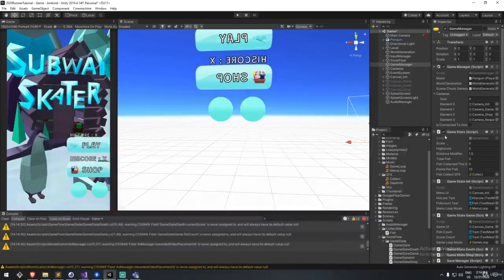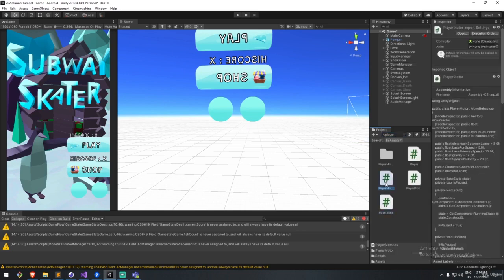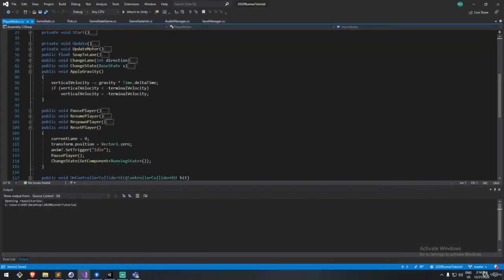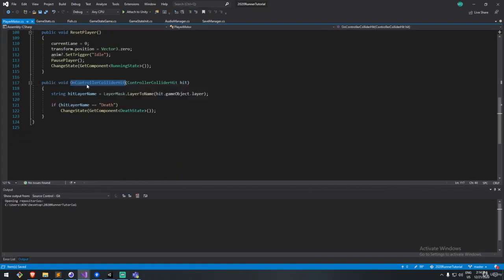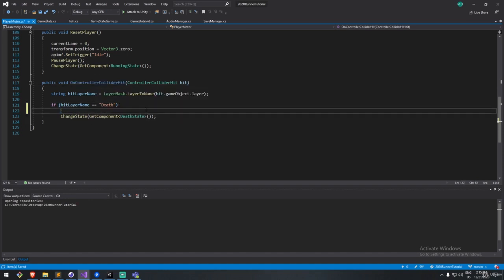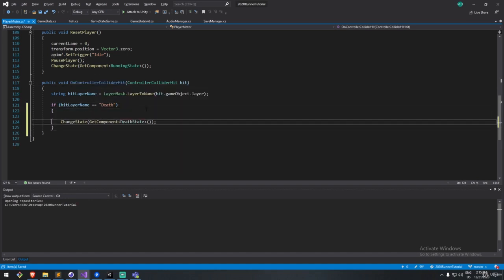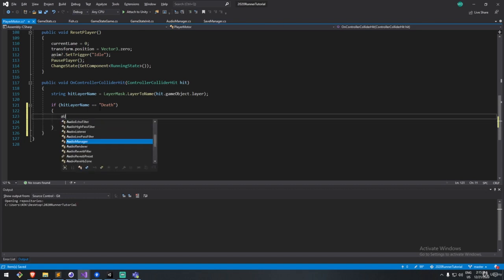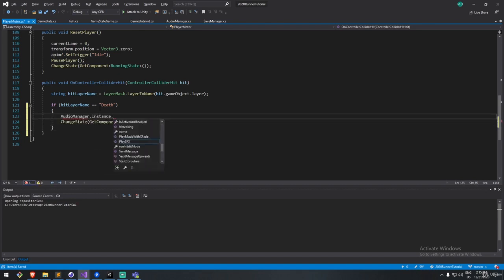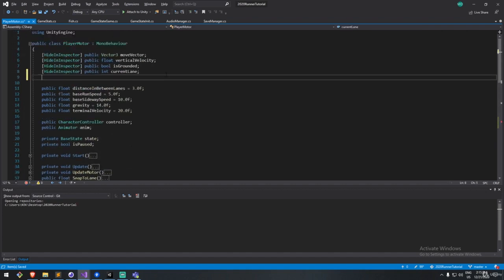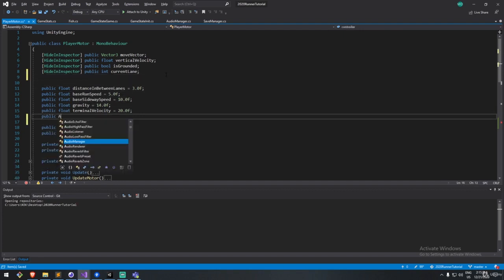Now we'll do one more, and that last one is going to be about the hit mechanic. So I'll do that on the player. So under the player motor, we should have the OnControllerColliderHit. So under the OnControllerColliderHit, we could be doing that in the game state as well, but I'll do it here because the action is done when we hit something. We are going to be calling the audio manager instance play sound effects with, of course, the sound that I don't currently have. So I'll go back, declare myself a sound roughly around here,